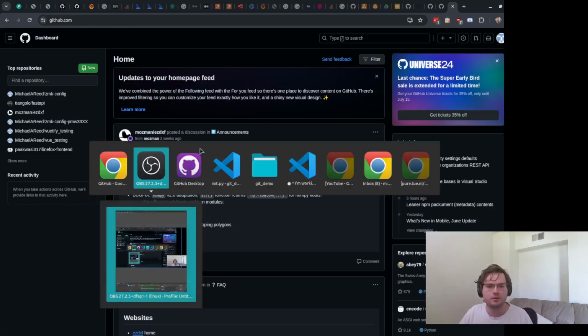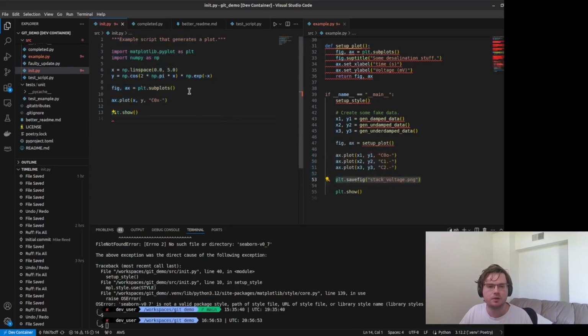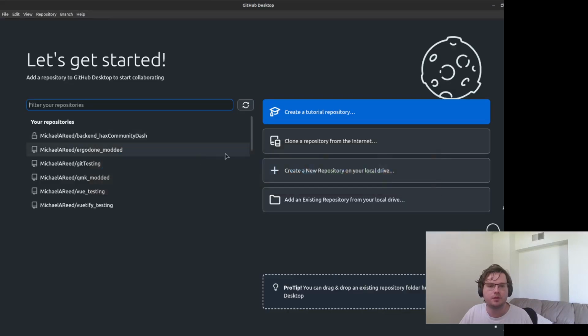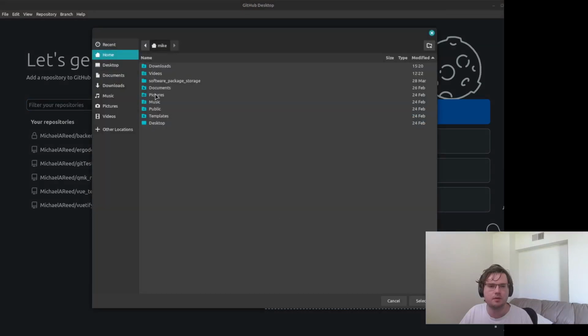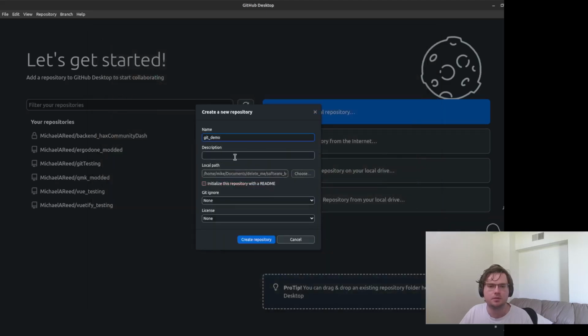So what I'm going to do is I'm going to go back to my original code as it was. I'm going to first create a new repository from an existing drive, so the same thing that I did previously. To navigate back to the same place, select, create a repository, example, done.